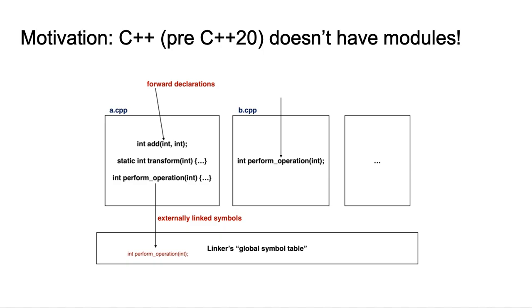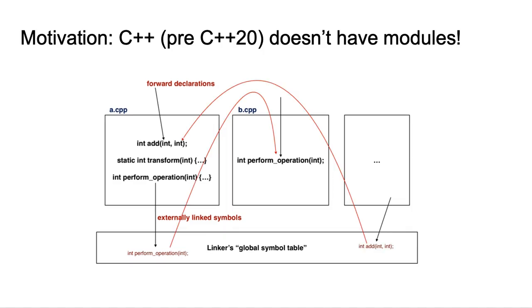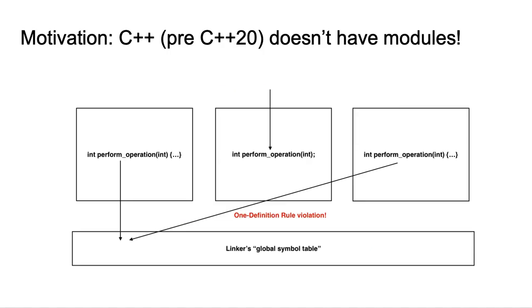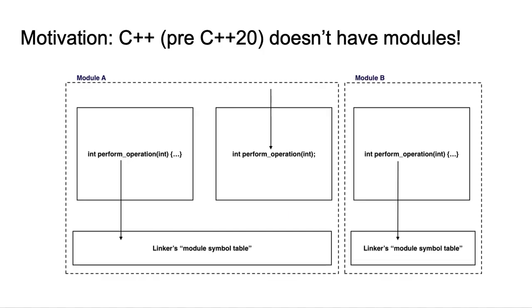Here, the compiler compiles each CPP file separately and ends up with an object file with a set of declarations it needs the linker to provide and a set of externally linked symbols to give to the linker. Then the linker connects up the loose ends. If it looks a bit messy, that's because it can be. Hence, modules to add some structure. Here's an example of an ODR violation, and here's how modules solve this problem. Now internal details don't leak into other parts of the program.